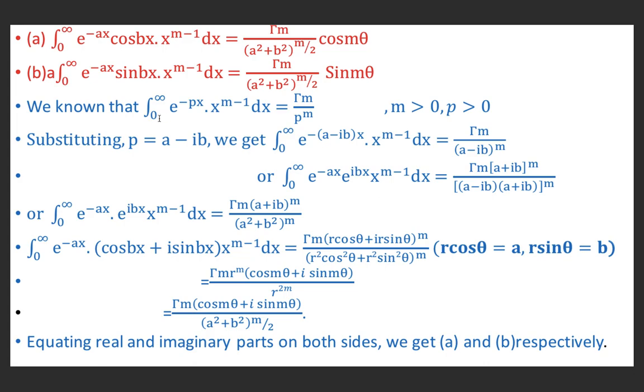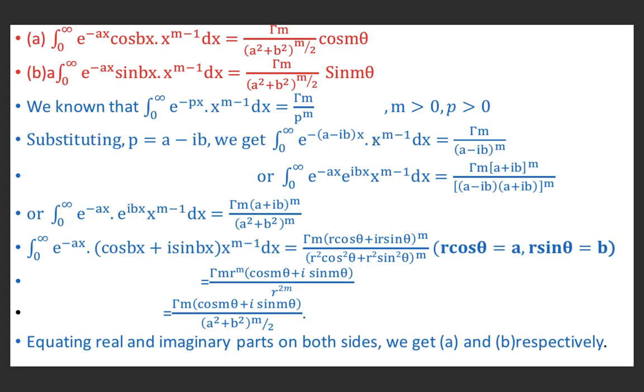We know that the integral from 0 to infinity of e raised to minus px x raised to m minus 1 dx is equal to gamma m upon p raised to m. We had proved this formula. In place of c here we have p, and in place of m we have n. So the integral of e raised to minus px x raised to m minus 1 dx equals gamma m upon p raised to m. If we substitute p equal to a minus iota b,